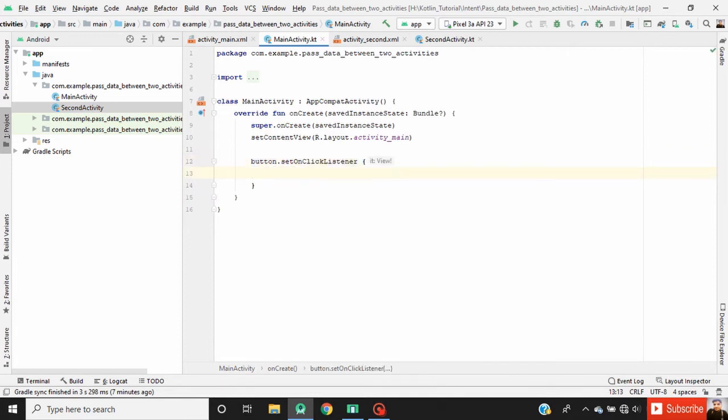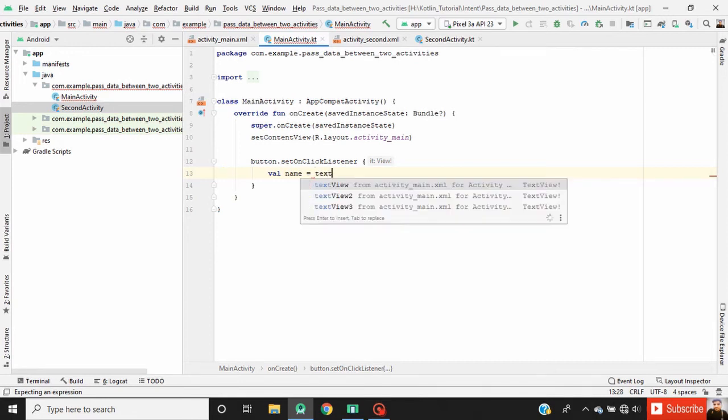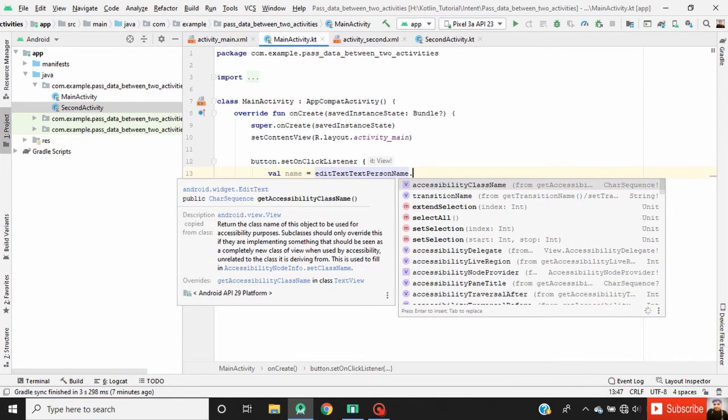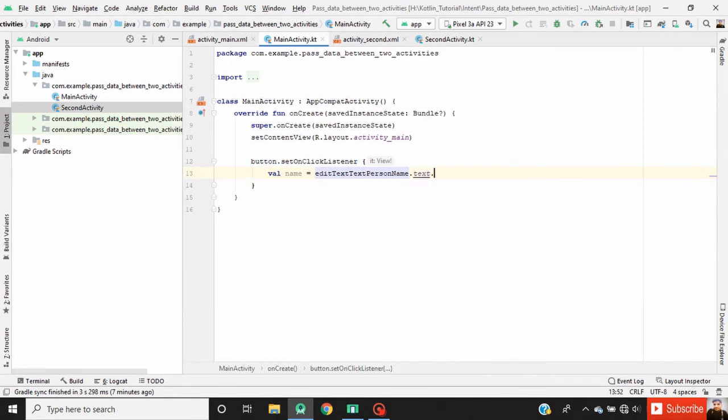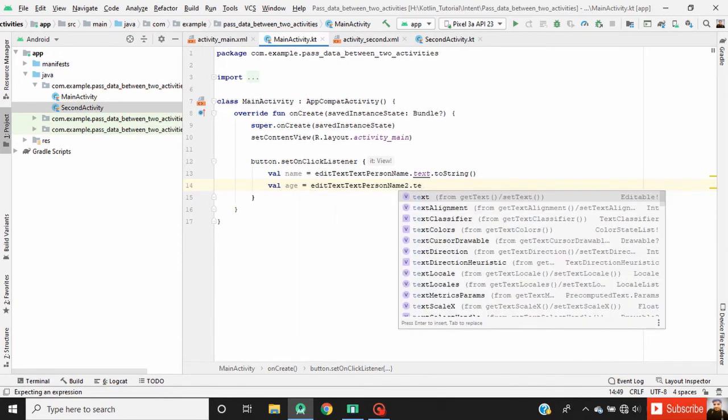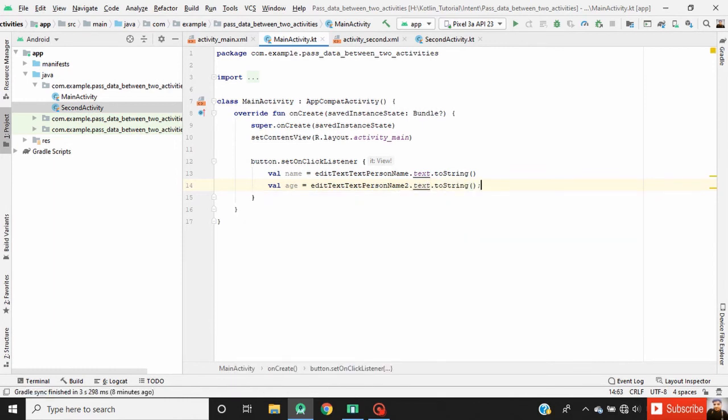Here declare a variable name equal to and initialize it with edit text value, our edit text ID dot text to get the text of edit text, dot toString. Now initialize the age variable: edit text ID dot text dot toString.